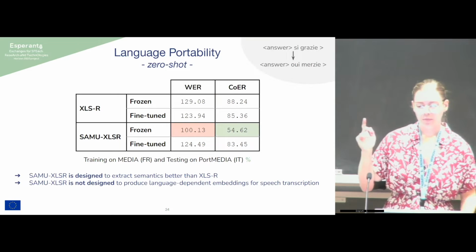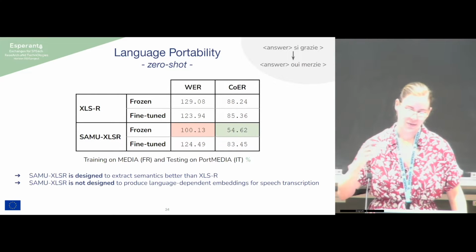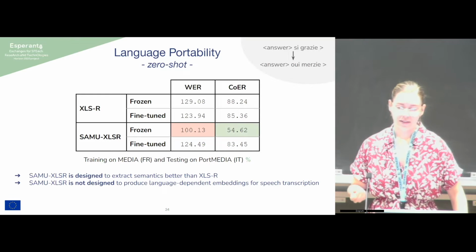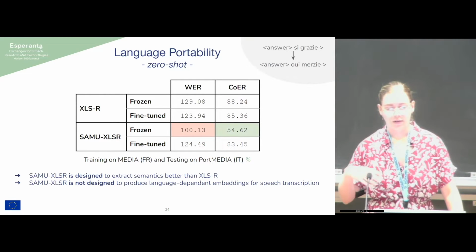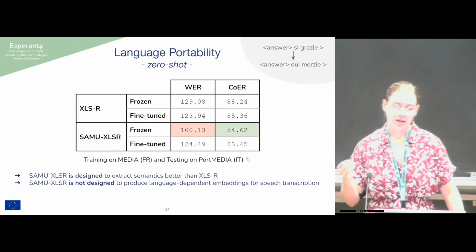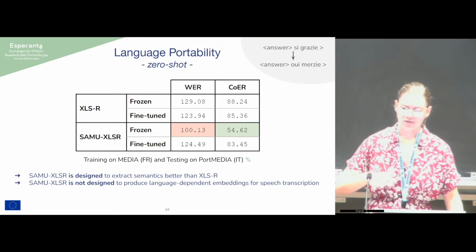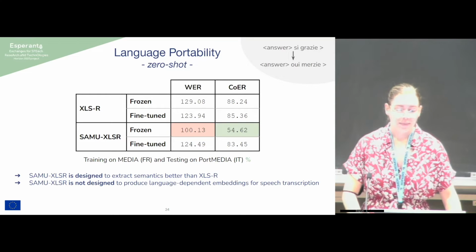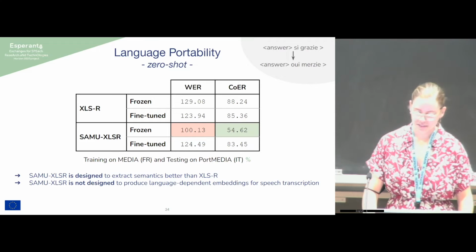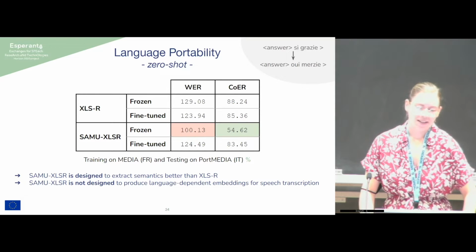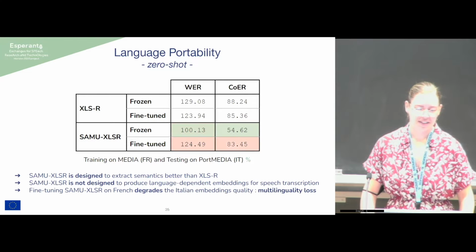So on the top right corner, you have an example of what we were expecting to have and what the model generated. So we wanted to have the concept answer and the sentence "si grazie," but we only had the right concept, which was great, with some French Italian words saying "oui merci." So maybe we can later on see what that means and maybe do some translation.